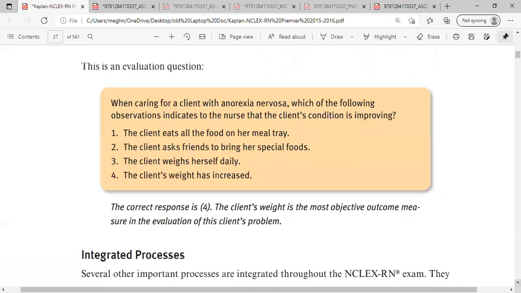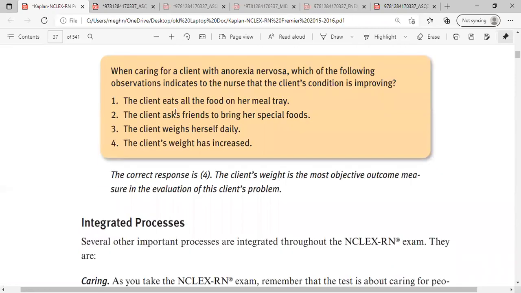Question about evaluation. When caring for a client with anorexia nervosa, which of the following observations indicates to the nurse that the client's condition is improving? So this question comes about